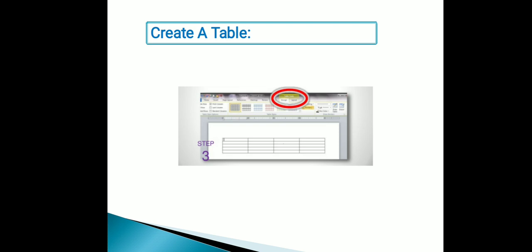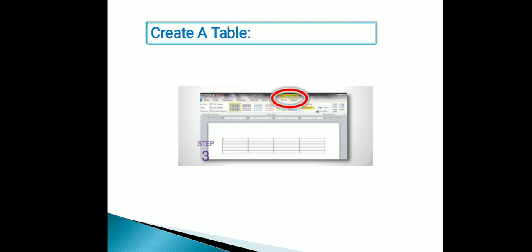The table appears in the document, and you can see the tabs that appear on the ribbon under Table Tools. They are Table Design and Layout. On the Layout tab, you can change the height and width of the cells, rows, or columns, insert additional rows and columns, or delete them, and you can merge. You know what merge is? You can combine two or more cells into a single cell.